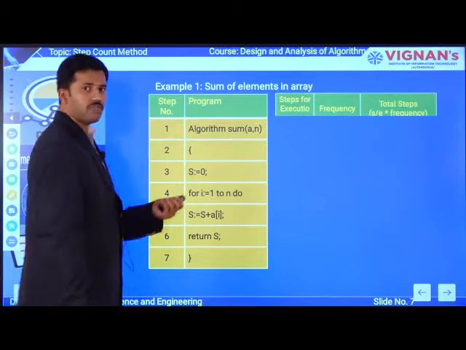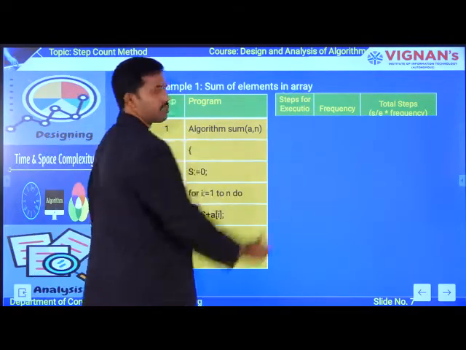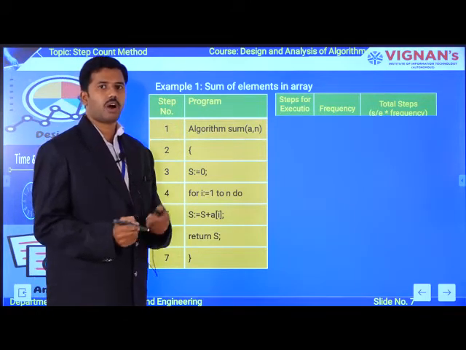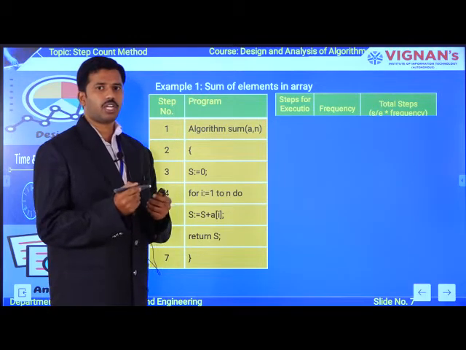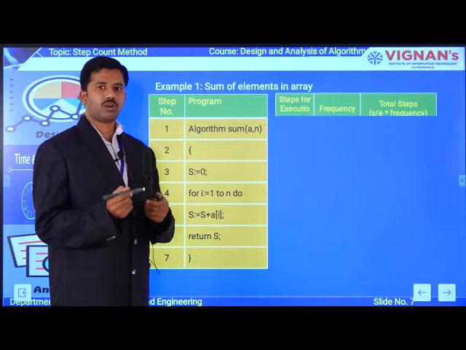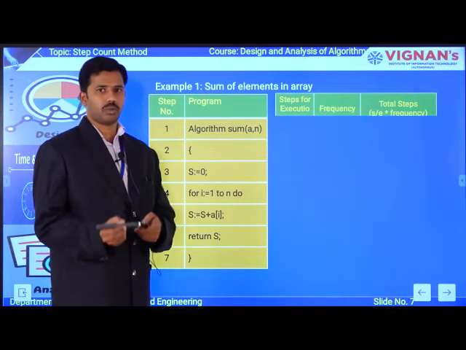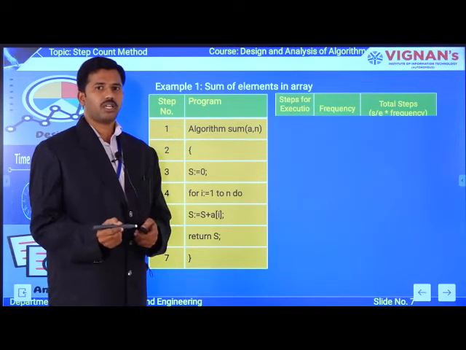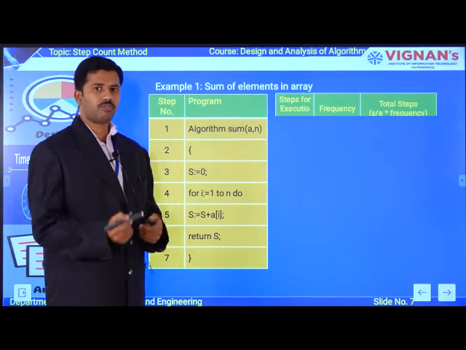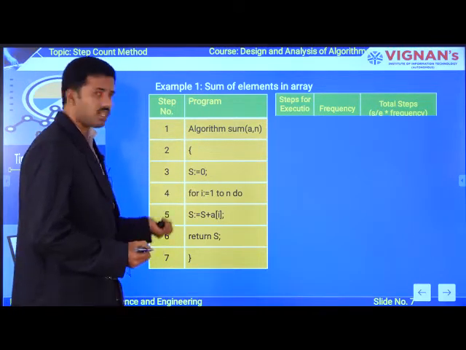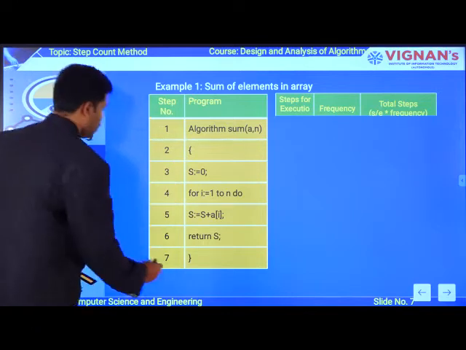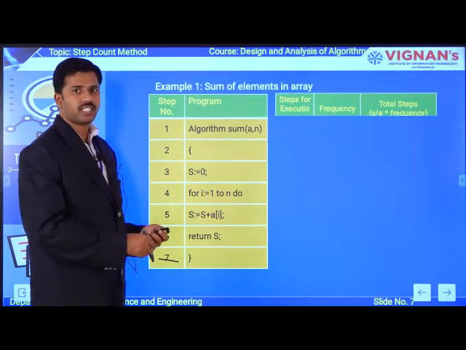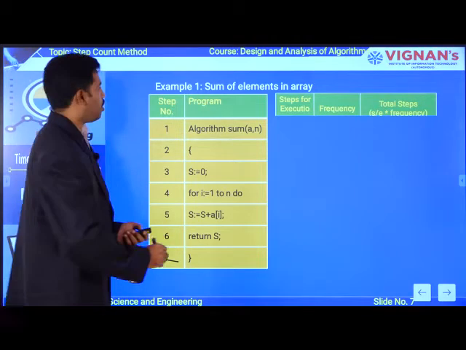Now first of all, focus on how to update the first parameter, steps per execution. You update the values for the first parameter based on executable or non-executable statements. If it is an executable statement, the step count value is 1. If it is a non-executable statement, the step count value becomes 0. Now let us find out how many instructions are available in this algorithm. There are a total of 7 steps. You need to calculate the first and second parameters for all these instructions. Now go to step number 1.